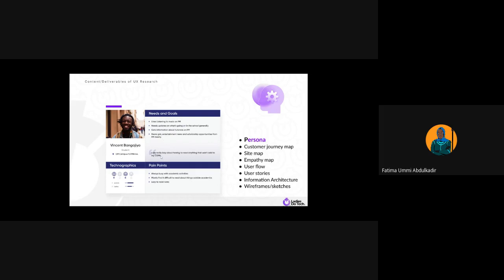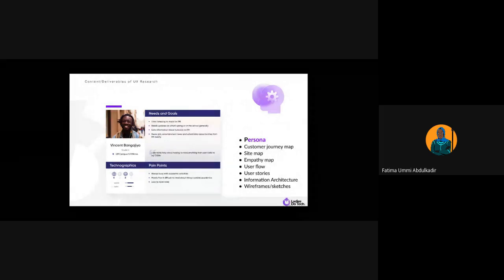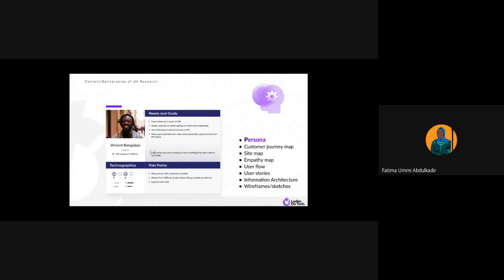While talking to the person, they said, I'm really lazy about having to read anything that won't add to my CGPA. For instance, on their own, they can't go out to browse or read about news, or if a press release is out, they don't want to read about it. They just want to listen to it somewhere and have it registered in their mind.